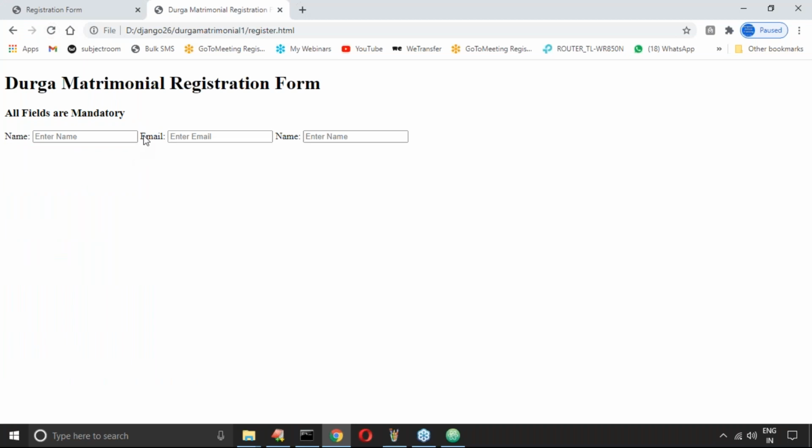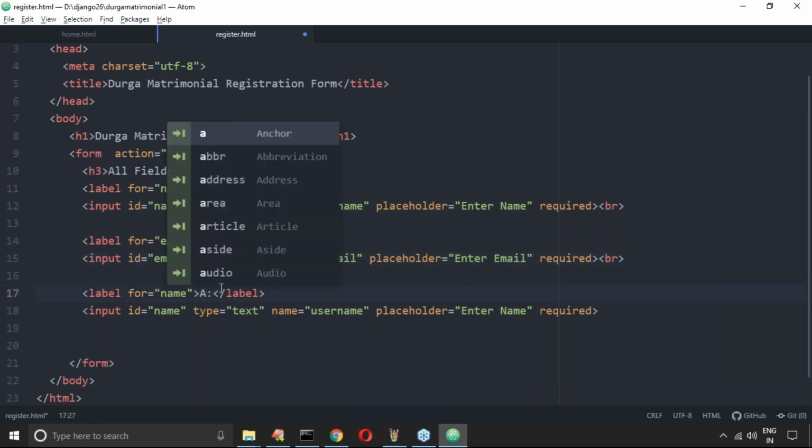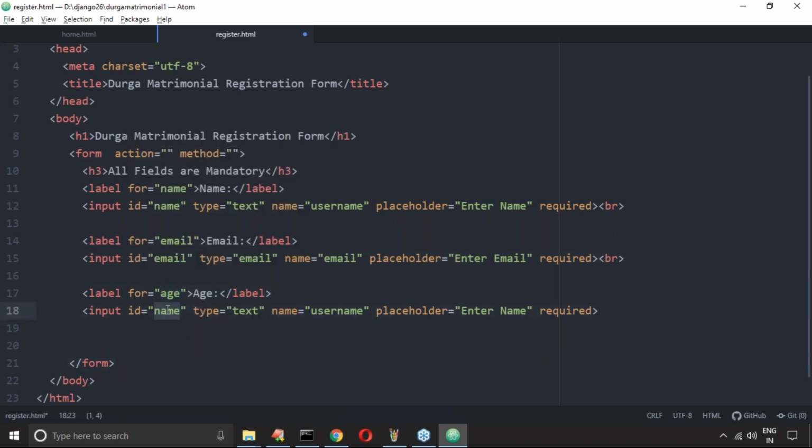Now the second one, is it displaying or not? Now observe this one, sir. Email, perfect, it's working. But this email, I want in the next line. If you want in the next line, there is a way. What is that, sir? Please confirm. I forgot. BR tag I require to use. Here also BR. Well, what is the last one? Age. So here ID is age. Next, here age is the text. No problem at all. Age. Next, enter age. Age is required. That's it.